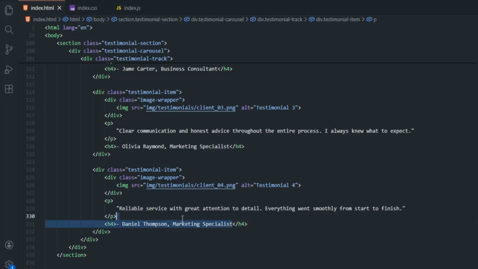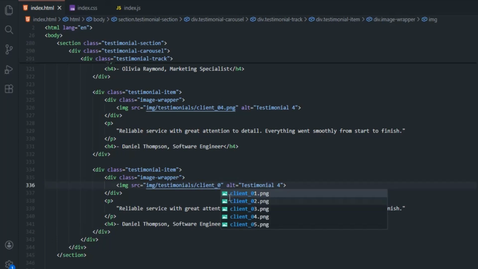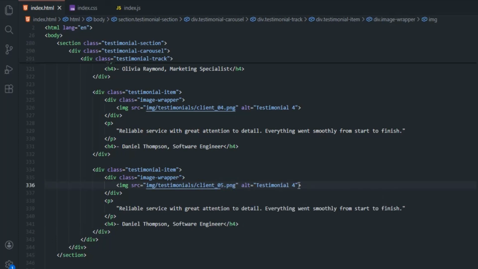While his title is software engineer. Then lastly, we'll copy testimonial 4, and below it, we'll paste to get testimonial 5. For testimonial 5, we change the client image to client 05, and then the alt text to be testimonial 5. In the paragraph tag, we'll write,